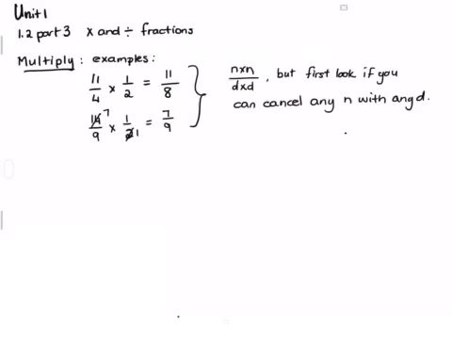If you can cancel any top with any bottom. Remember, this only works with numbers. Once we get to algebra and there are separate terms, we're going to change the rules slightly, but this is